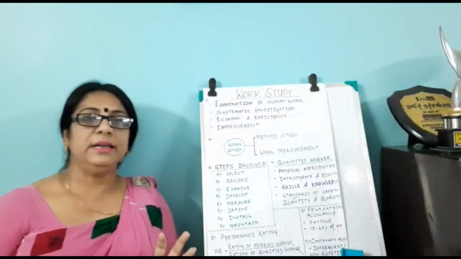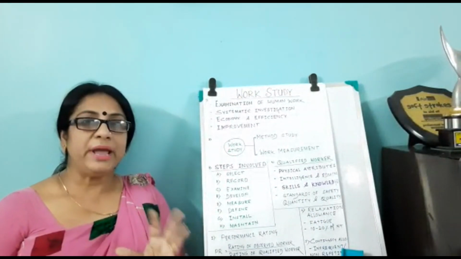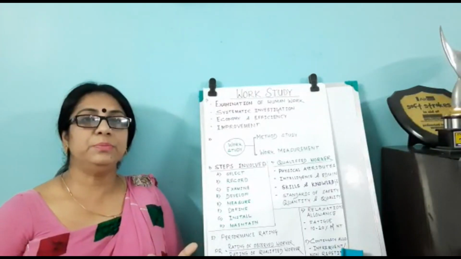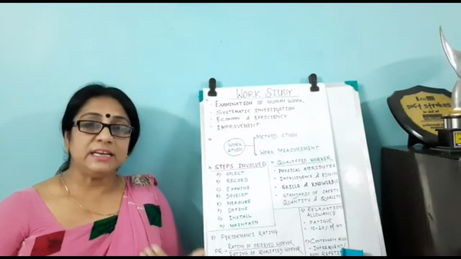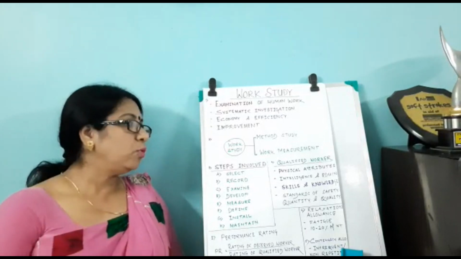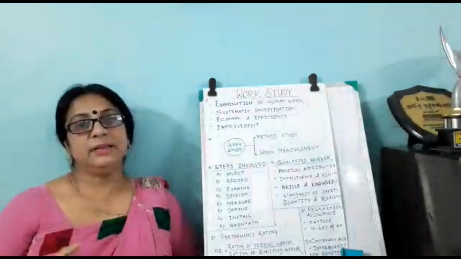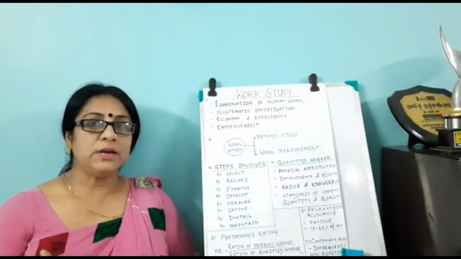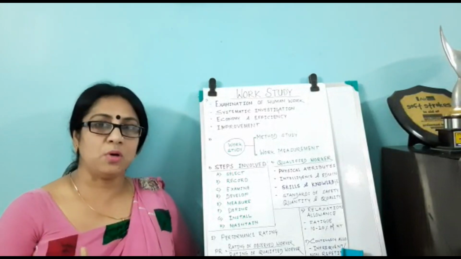Method study tries to make the job simpler and tries to develop a systematic, scientific and economical method for doing the job. Whereas work measurement refers to determining the quantity of work involved in the job, and